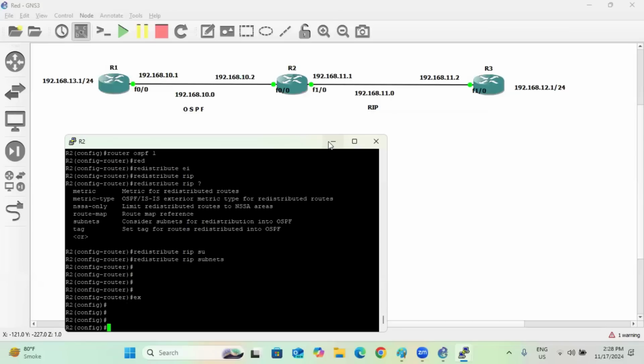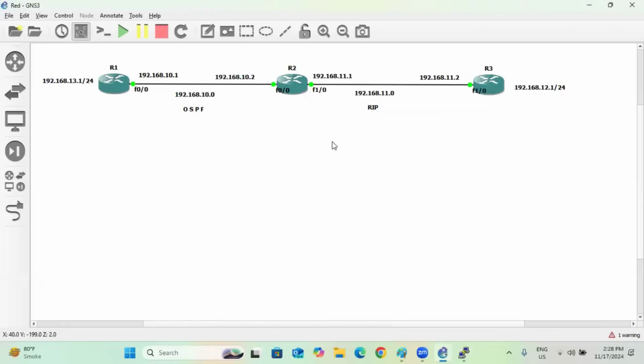Now, whenever you are going to do the configuration of routing information protocol, as we already know that routing information protocol works on the basis of hop counts, right? So how many hop counts are there? That is one, according to the OSPF, and second one on this side. So two hop counts we do have,